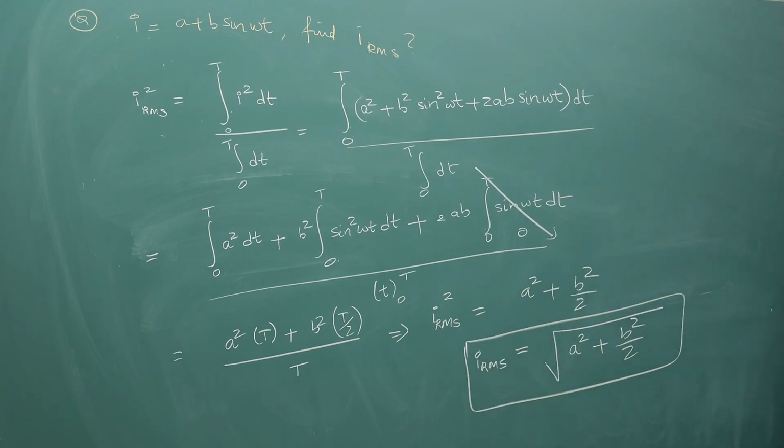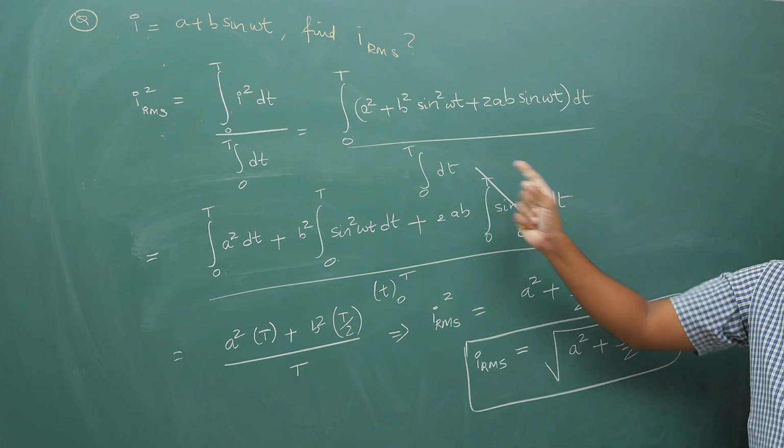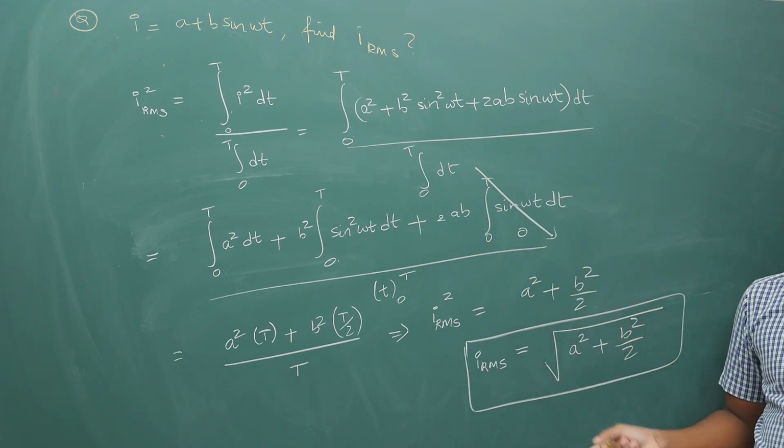Okay, right? Now what is the shortcut that I want you to understand? I will tell you. Every time you don't need to do this much calculation. Okay, how is that? I will tell you. So hope you have understood this part. This is your basic method. You are supposed to integrate everything and then simplify.